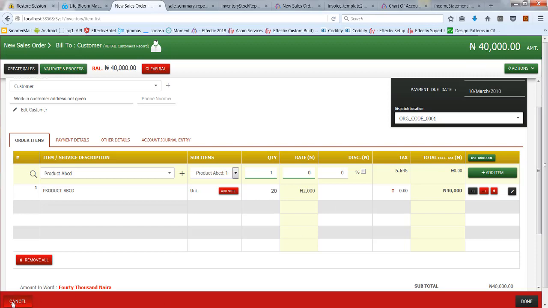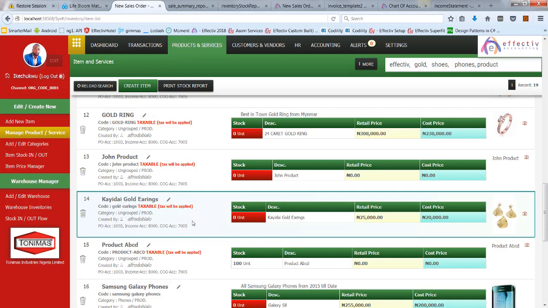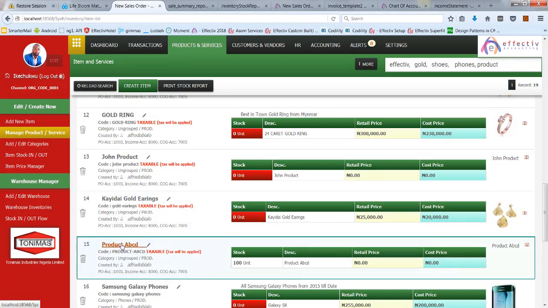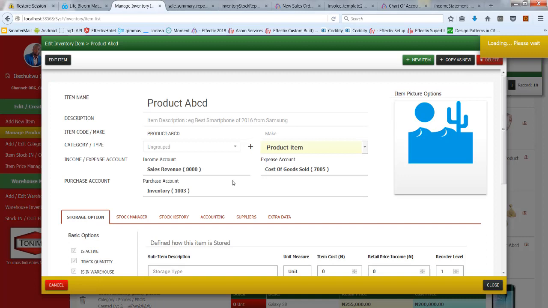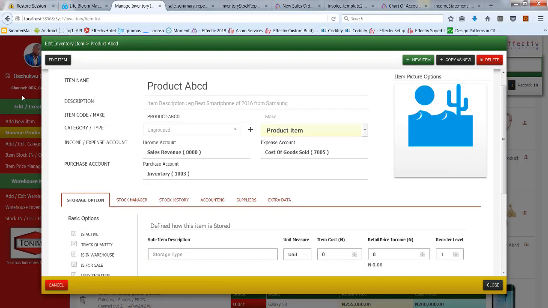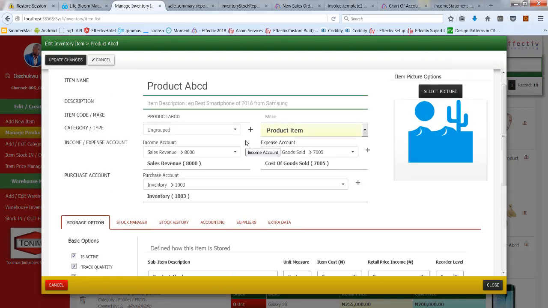So what's the essence of showing you this? The essence is that with Effectiv you can key in thousands of records at ease with speed. Then maybe later you can start fixing things like the retail price and the cost prices in a separate section, and that's the purpose. So creating these items is very simple. But coming back to product ABCD,